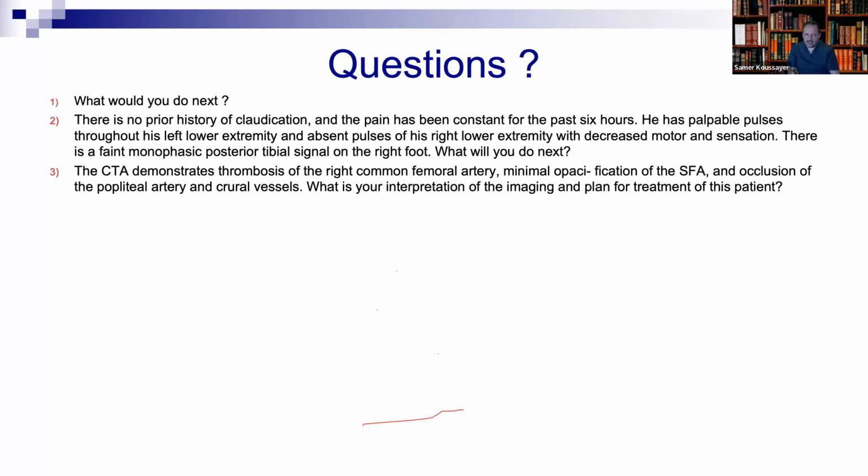Again, in the exam, you have to tell them what you do, not what you read in the book. They are going to ask you, have you ever done Fogarty over the balloon, over the wire? How do you do Fogarty over the wire? You see? So if you have never done it, don't go in that direction.